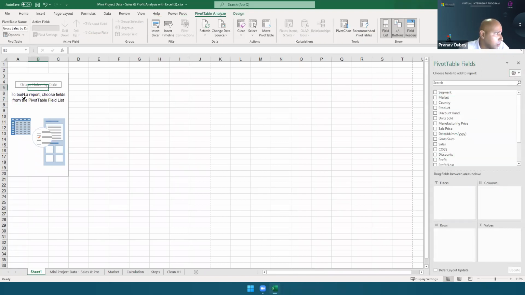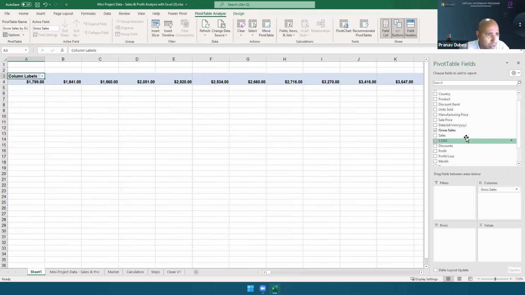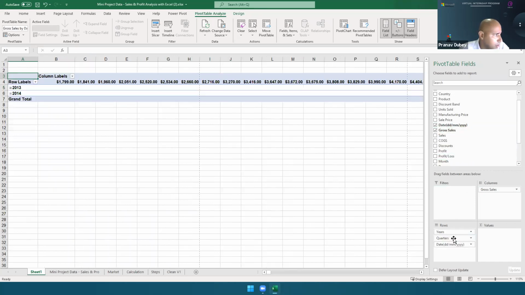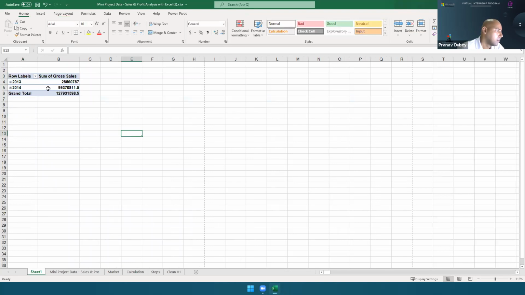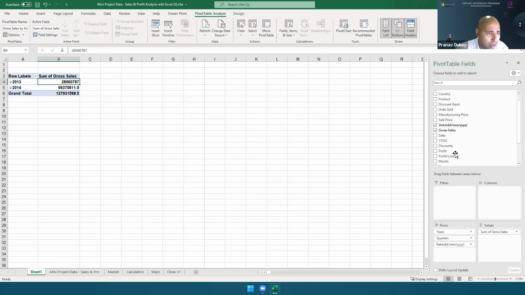So what I want to do is gross sales by date. Now, date I will bring. So gross sales we have. Suppose we are bringing gross sales, just click, drag and drop on columns. And then date on rows. Doesn't look nice. Gross sales, bring it on values. Yeah. So we bring a date on rows and gross sales on values.